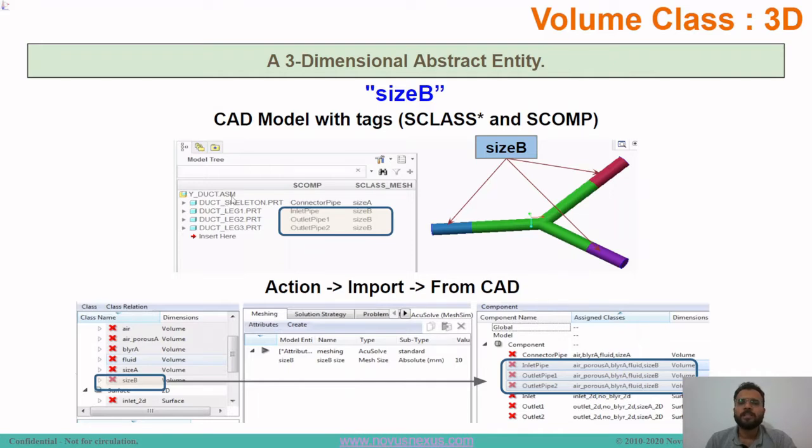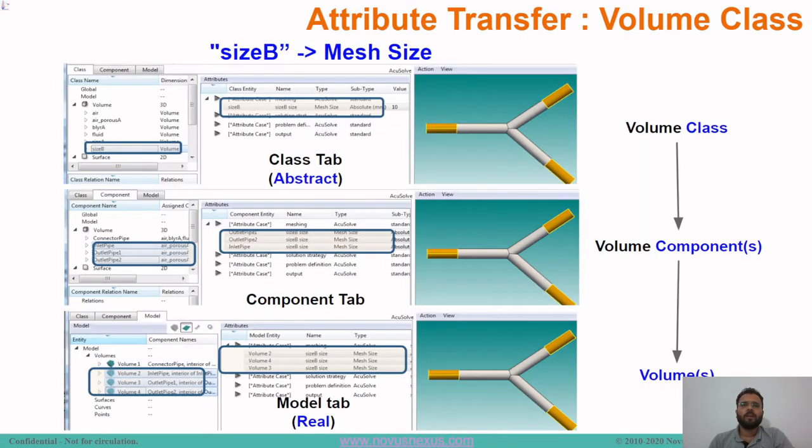The class itself is assigned to three components, that is, the geometry part on which we want to specify the expected mesh size. Thus, let us understand: we specify a class which represents a physics, in this case the mesh size, on geometry component in CAD, and then we add an attribute or a behavior of that class in the abstract model. Now we will see in the simulation model how this mesh size attribute attached on the abstract class is transferred